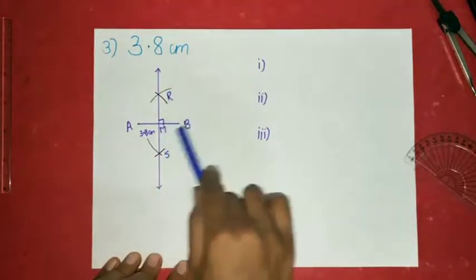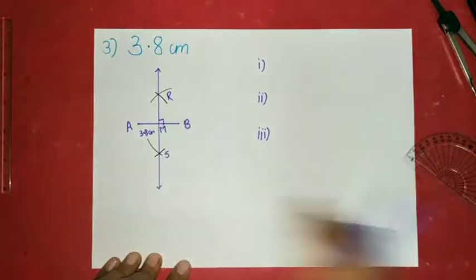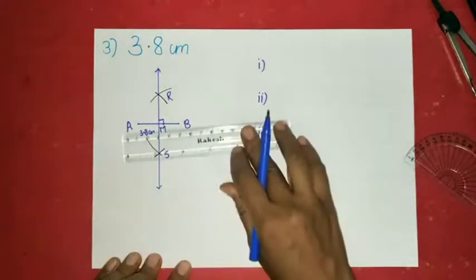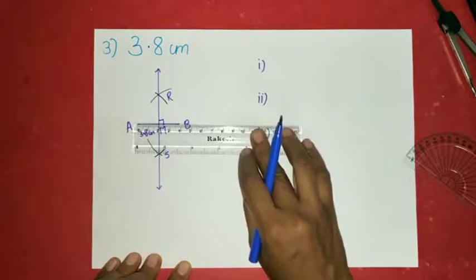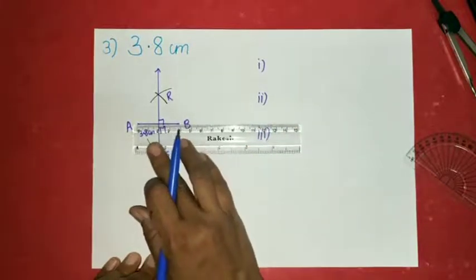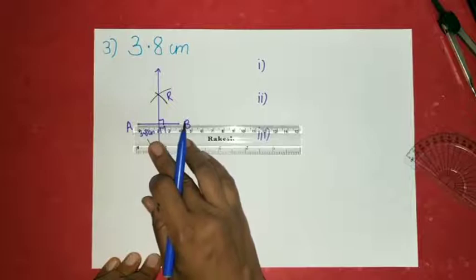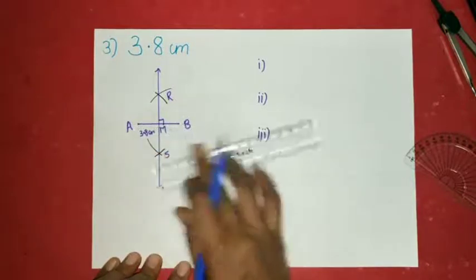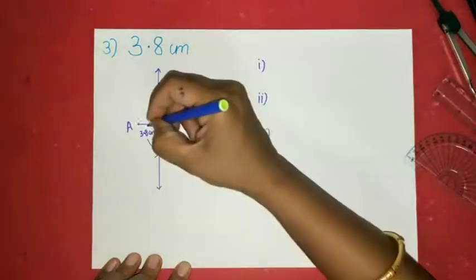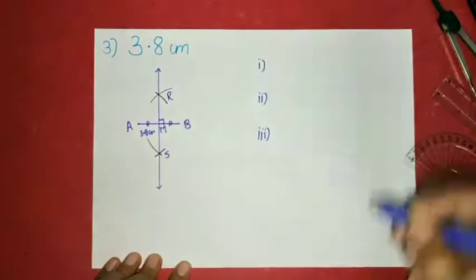Now here angle RMB is of 90 degrees. So already we have mentioned here. Now we will see whether AM and MB are same or not. Half of 3.8 is 1.9. So put your ruler and find whether AM is 1.9 and MB is 1.9. Yes. It means these two parts are congruent. AM is congruent to MB.